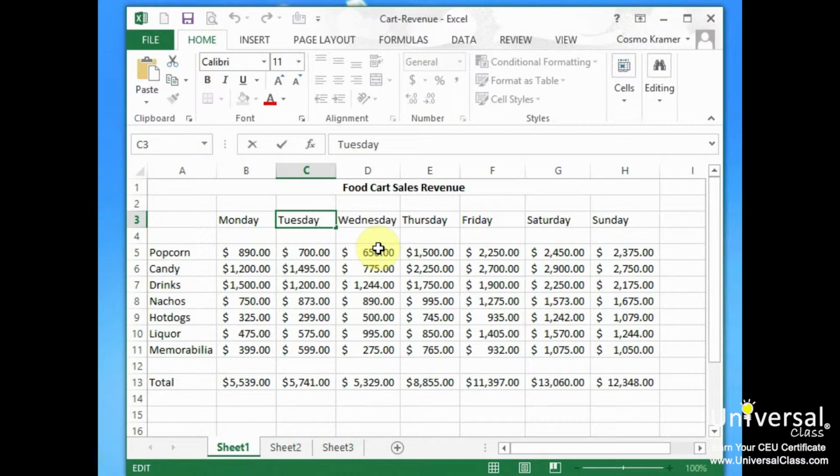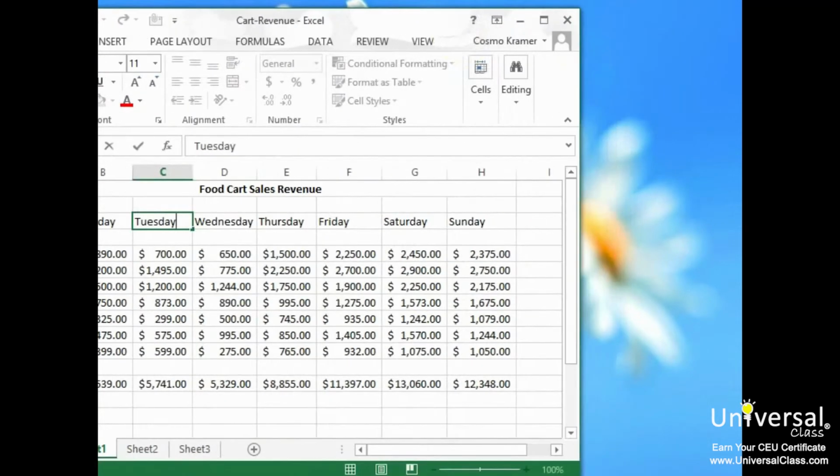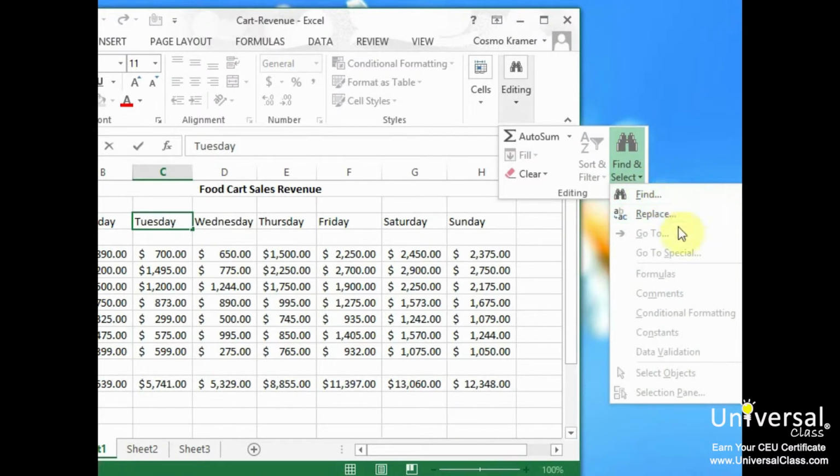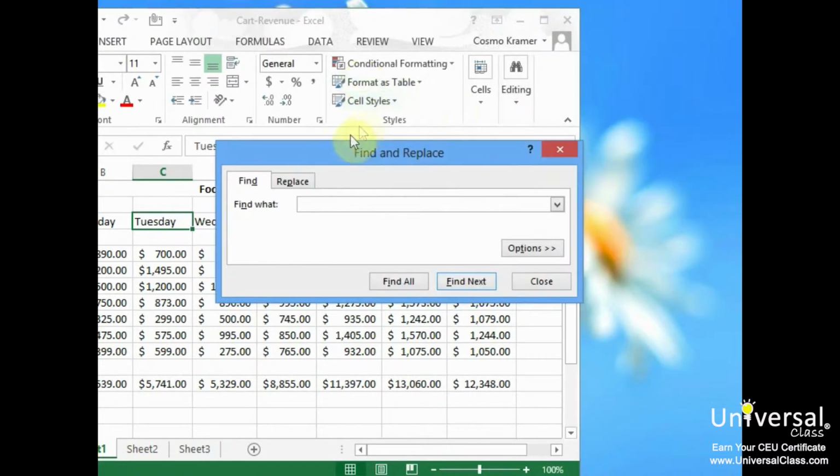Using the find function. Let's say you want to find the number 1750 in your spreadsheet, and you have a large spreadsheet, so you don't know where this magic number 1750 is. You want to use the find function, which you can use by clicking on the Home tab and then clicking on Find and Select in the Editing group. So we're going to go to the Home tab and over to the Editing group. It seems to be a little bit off screen here, so let me just move this over. And we're going to go to Find and Select, and we have options for Find and Replace. So let's go use the Find